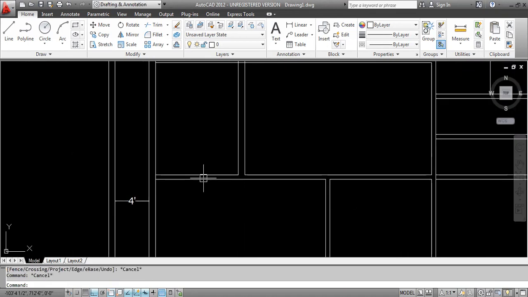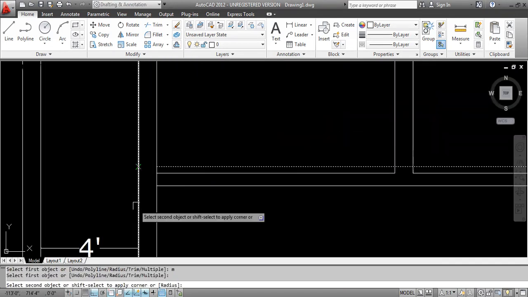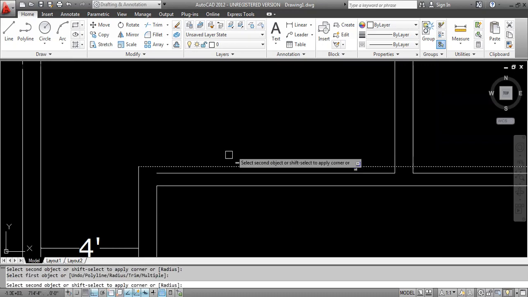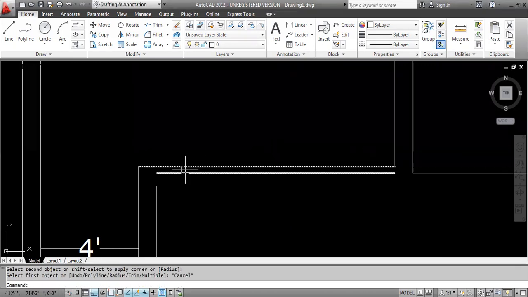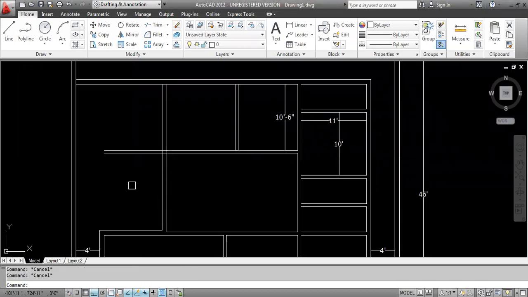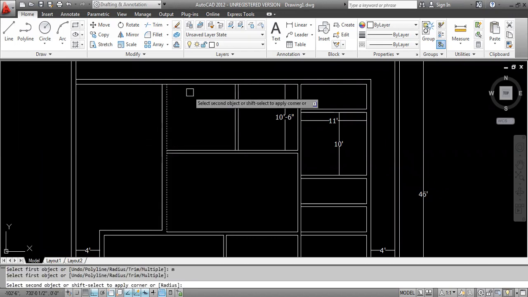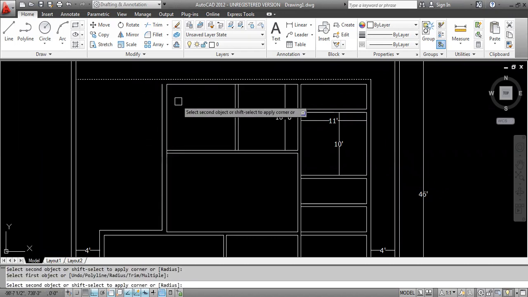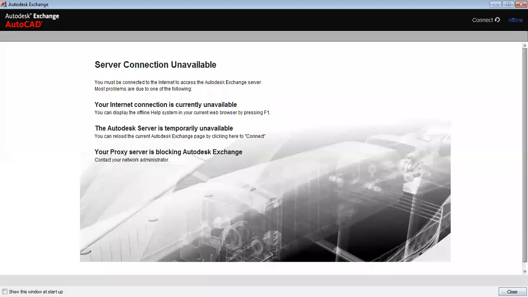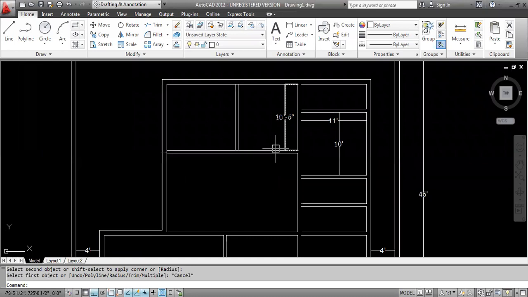Offset 9 inches. Enter, enter, fillet. Here also I will use the fillet command.